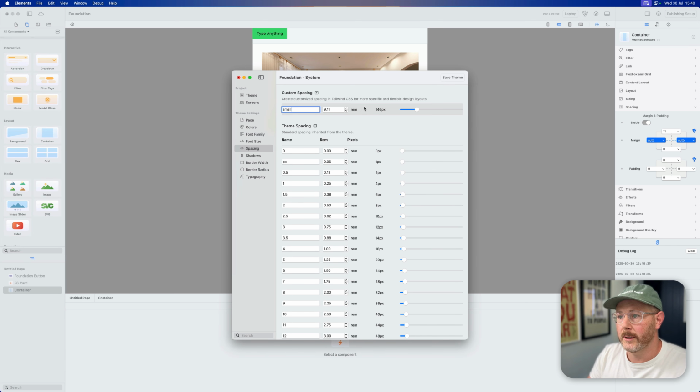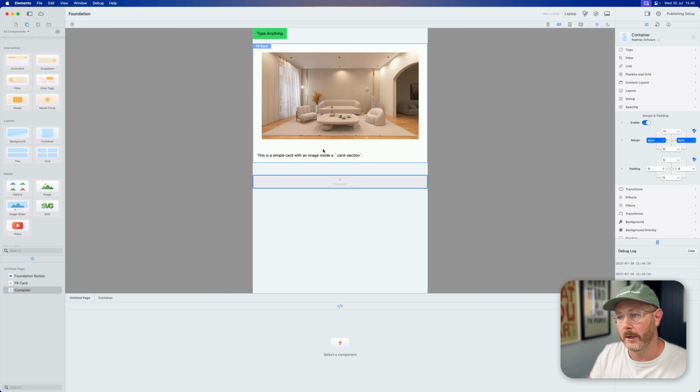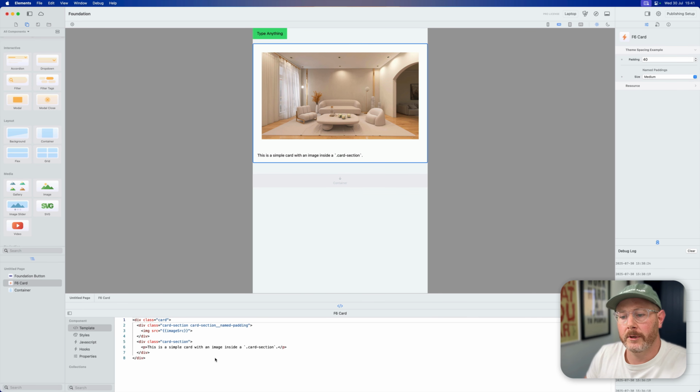Let's remove that before I forget. You can find the underlying value in here. It's a 4-pixel scale if you're interested. But yeah, that's how you do it on a core component within Elements. It uses the theme spacing control, and if you use margin 10 everywhere, that class is only going to get generated once. However, if you wanted to do that on the card,